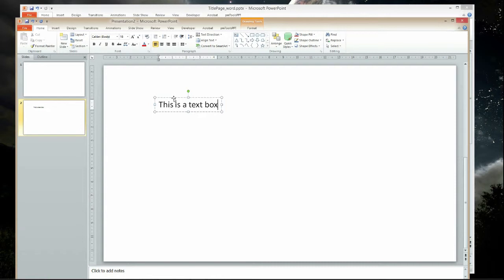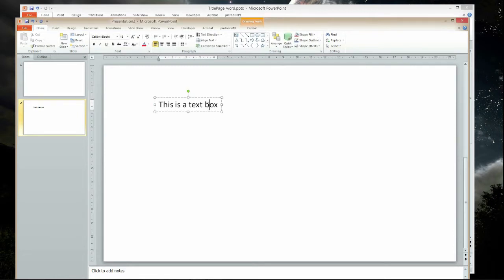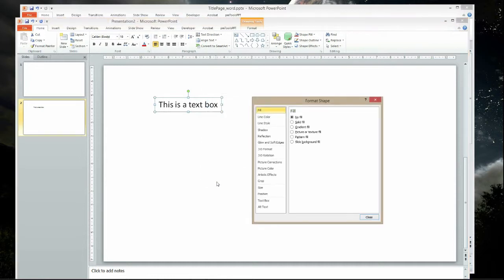Now, I've got a text box, but it doesn't really look like a box, does it? So what we might do is actually left click on it, right click on it to have a look at the options, and we can set a number of options in the text box. What I'll do today is format the shape. I'm going to fill it with a solid fill,